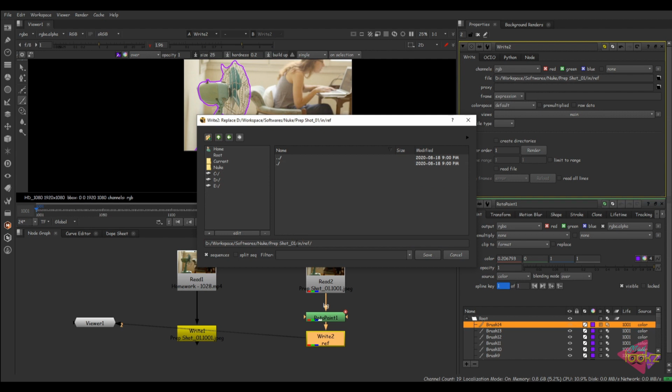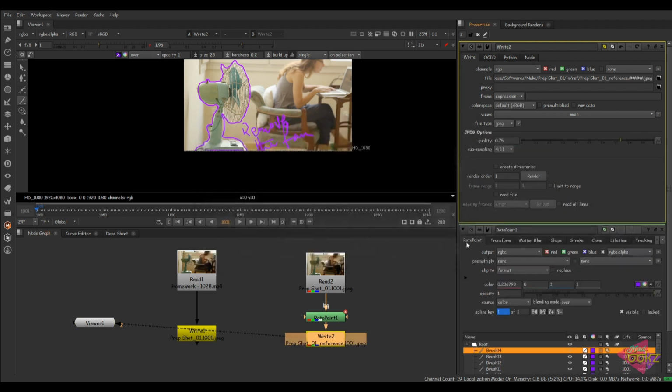Inside reference, copy this name, prep shot 01, paste here, underscore reference, dot four hashes dot jpeg, because this is the reference image, we can render directly as jpeg.